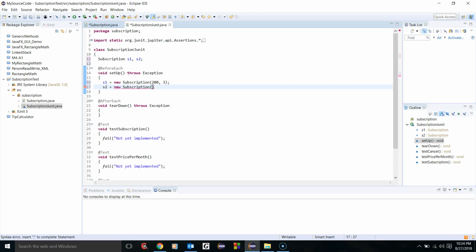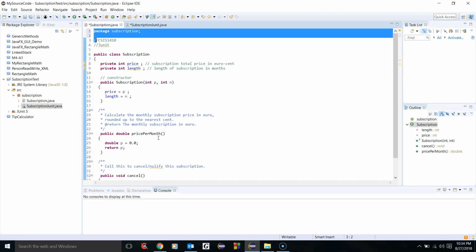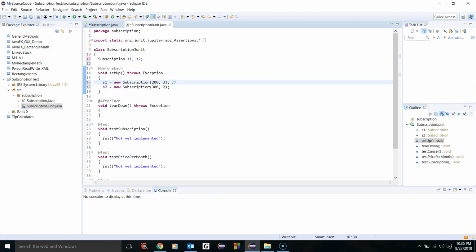In this case, let's say that we want 300 euro cent and the length is 2 months. Now, if we put our thinking hats on, we'll be able to determine that if I have a subscription of 200 euro cent for 3 months, and the price per month is supposed to return the subscription price in euro rounded to the nearest cent, then what I want to do over here is take this 200, divide it by 3, round that up to the nearest euro cent. And when I do all that, I'll get 0.67 as the subscription price for this particular